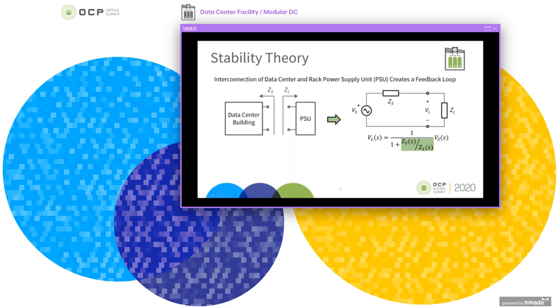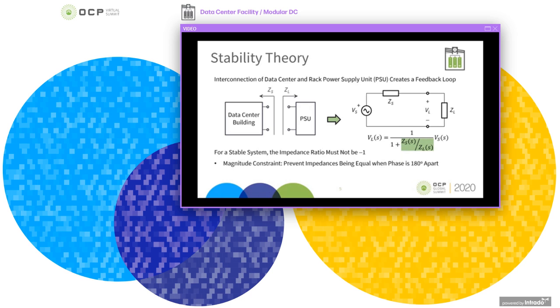When would this ratio be -1? That will happen when the two impedances are equal in magnitude and when the phase difference between the source impedance and the load impedance is 180 degrees. So for a stable system, we want to prevent the impedance ratio from being -1.